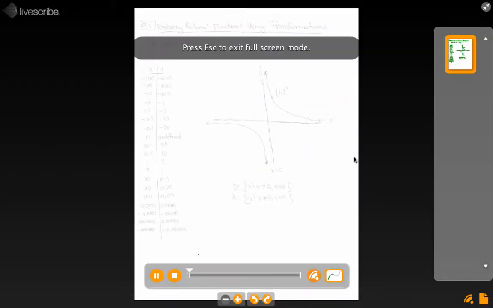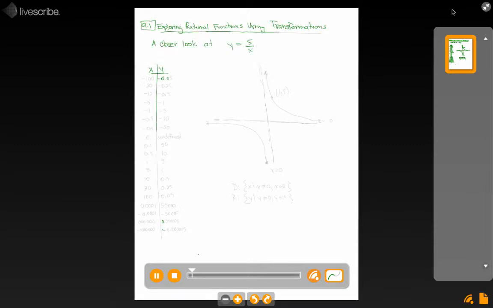This example comes out of section 9.1, exploring rational functions using transformations. For this teaching example, I want to take a closer look at y equals 5 over x, just a somewhat random rational function to take a picture of. If you graph it on your graphing calculator, you'll get a sense of at least what the shape of it is. But I want to take an even closer look than that, so I want to do a table